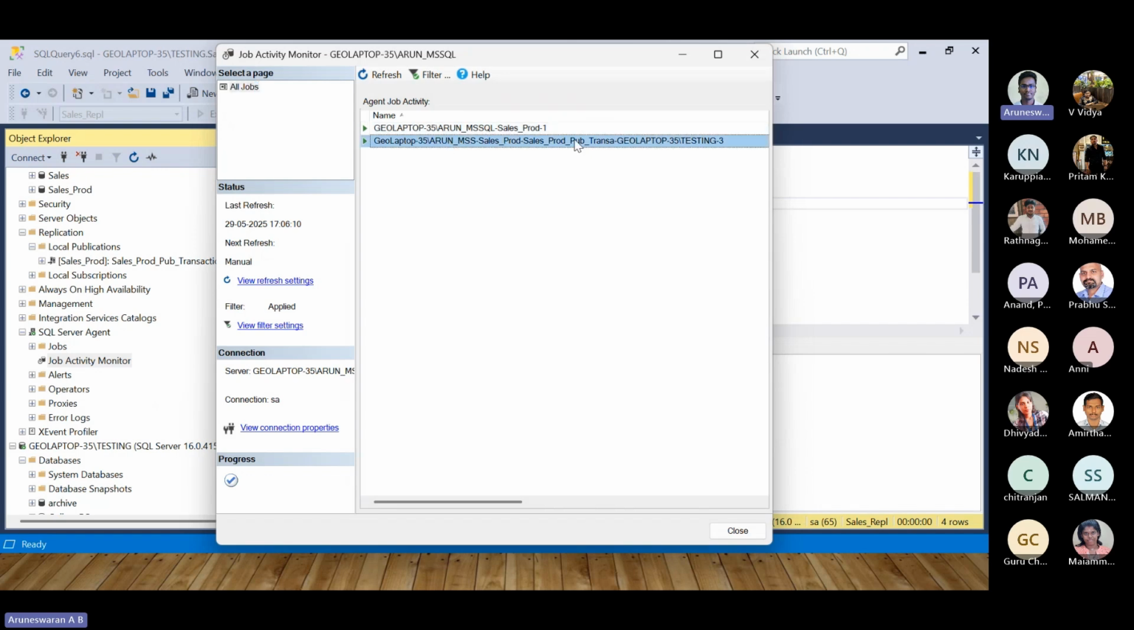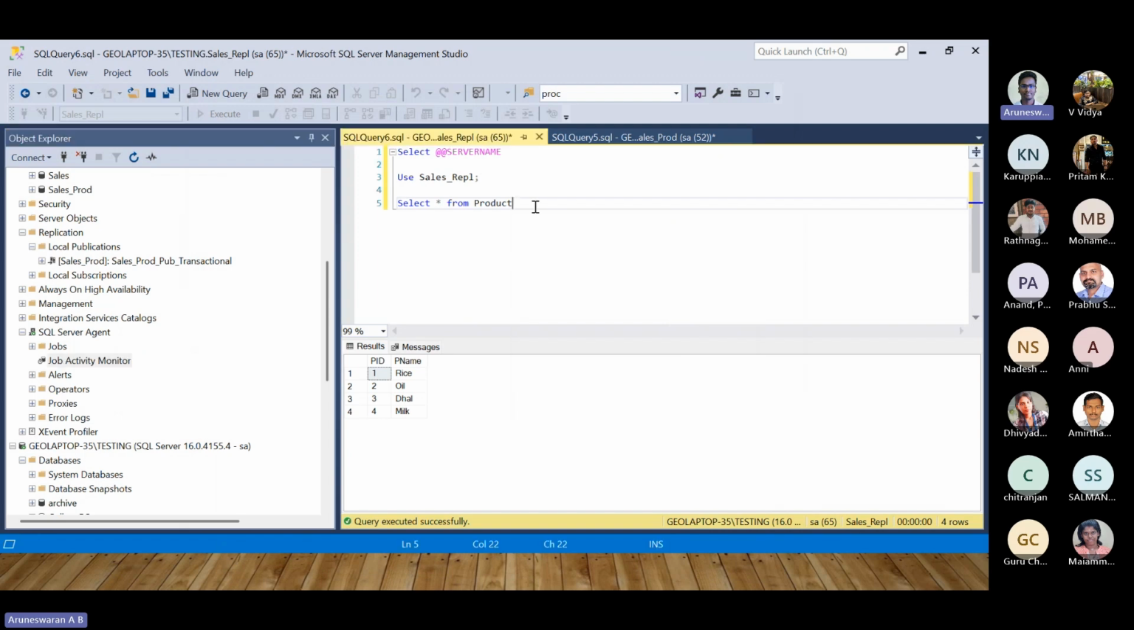In that, the snapshot and log reader agent always run because I gave the run continuously option. So it will always run, and the distribution agent will also always run. It will not stop, because while configuring I gave run continuously. So right now